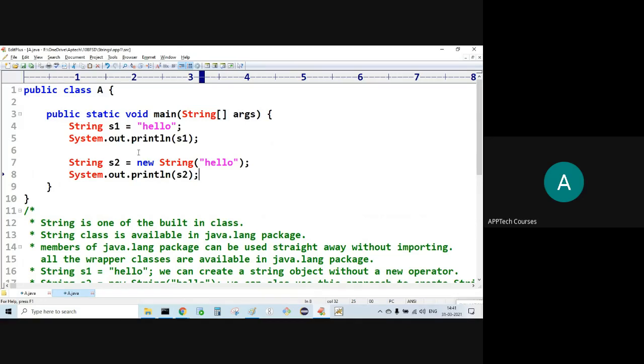Object class. Alright. Just give me a moment, guys.